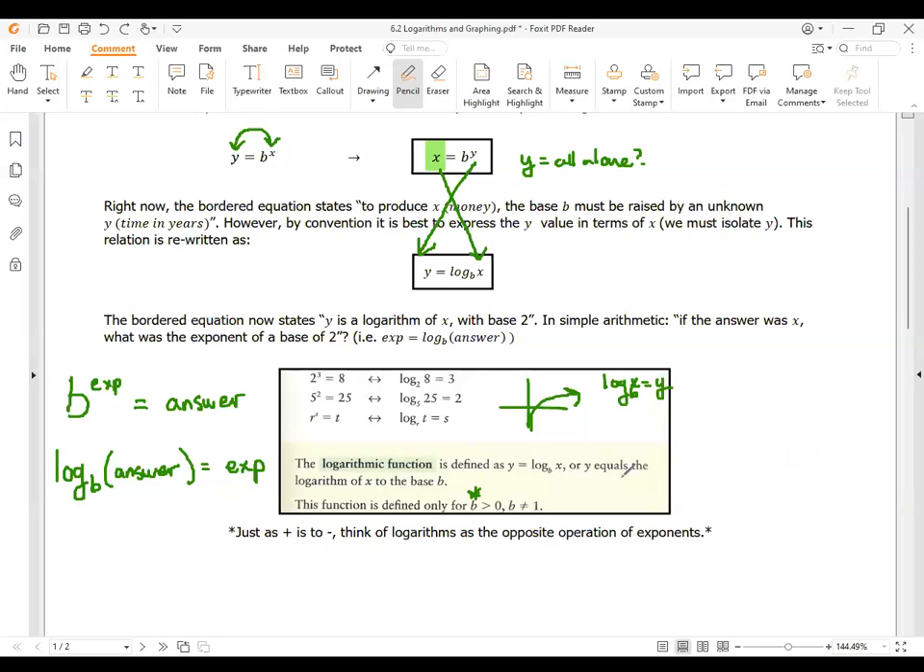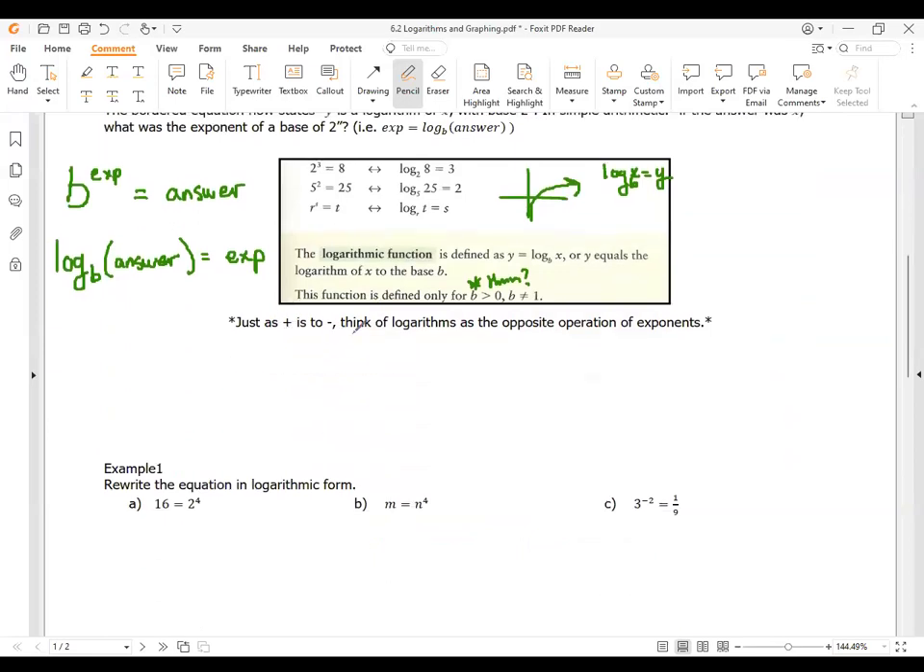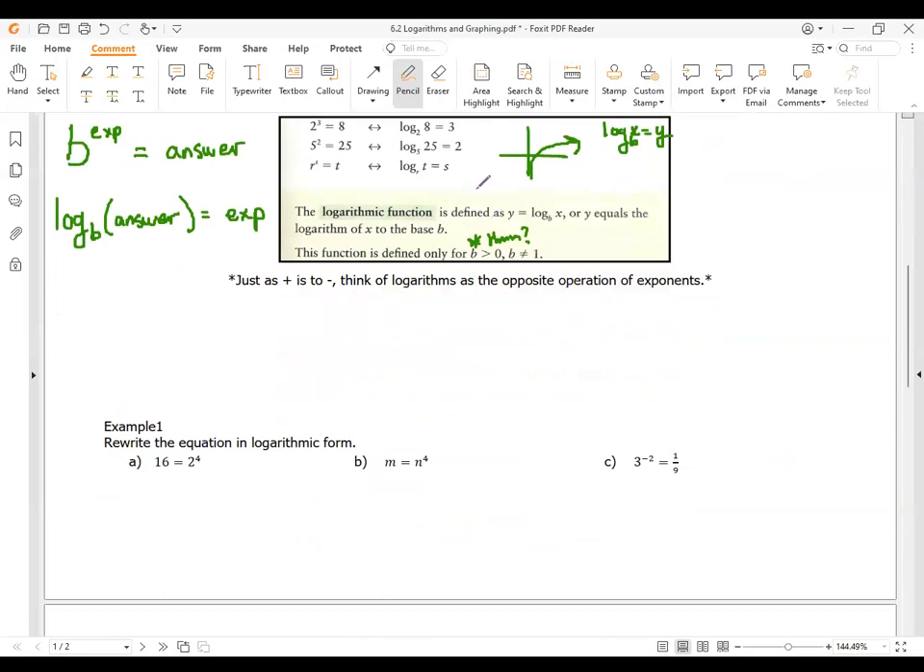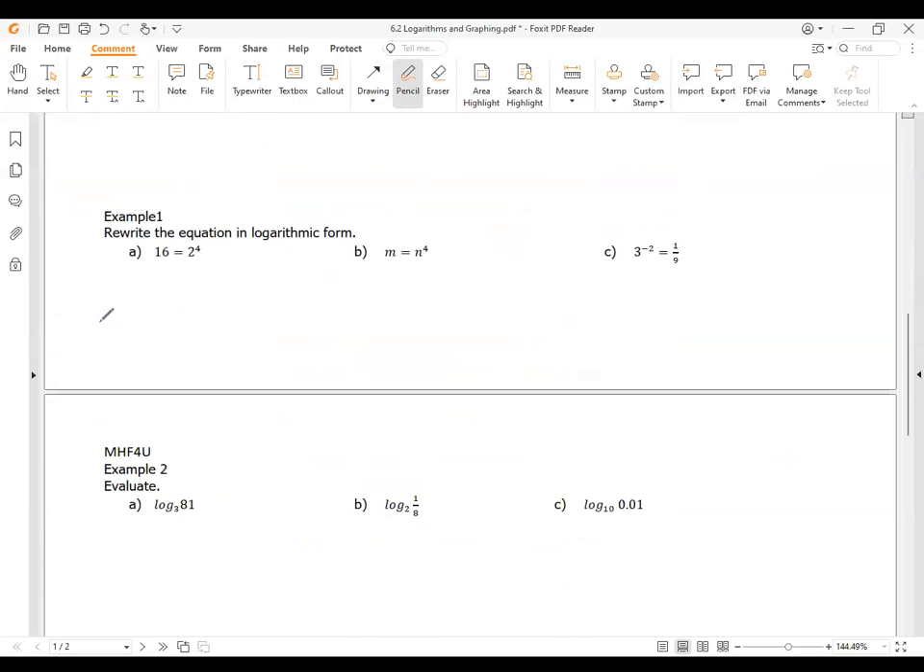And you want to think about that? I'll come back to this after the lesson, okay? Why is it that a base has to be positive? We'll think about that. Just as positive is to negative, think of logarithms as the opposite operation of exponents. So this is more conceptual, more theory. Let's do some practical